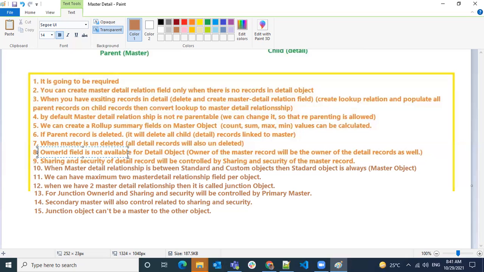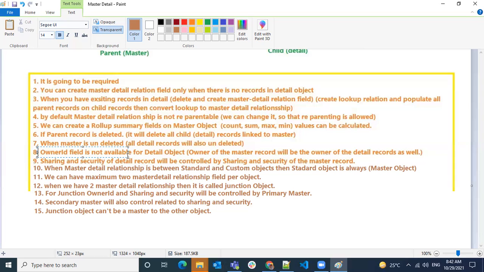You can have a relationship between standard and custom objects, custom and custom objects, anywhere. It's not like we cannot make a standard object a child. There's no restriction. You can create lookup fields on standard objects as well, so that it will become a child to some other custom object. You can do it. Why? Because there are no security controls that will be inherited from the parent, so there's no restriction. You can create lookup fields on standard objects as well.